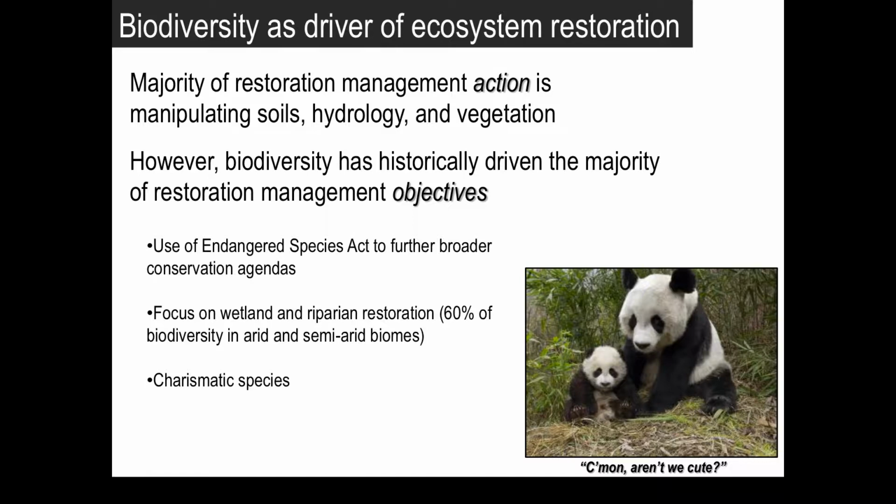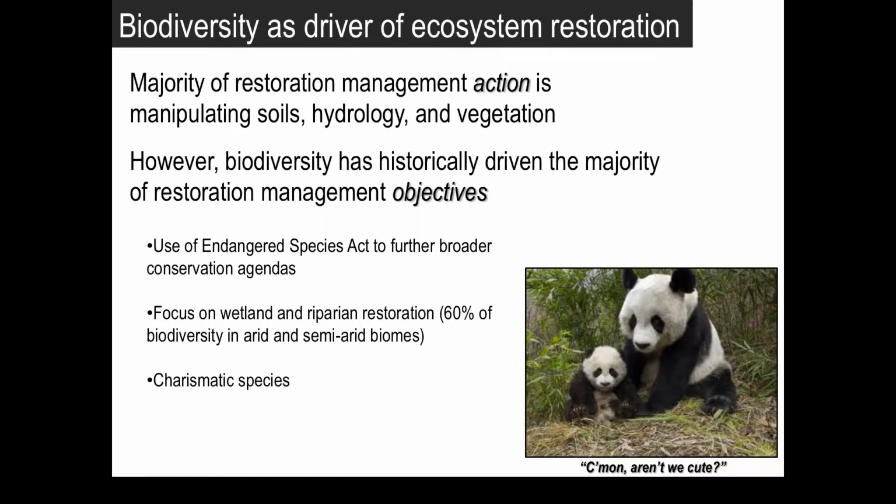While the majority of restoration management action is manipulating soils, hydrology, and vegetation, and this is what we've been talking about in the previous lectures, biodiversity has historically driven the majority of restoration management objectives, or what are we restoring to, why are we restoring, these sorts of questions. So this has to do with the historical use of the Endangered Species Act to further broader conservation agendas,